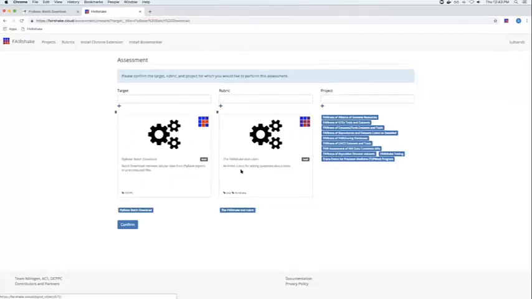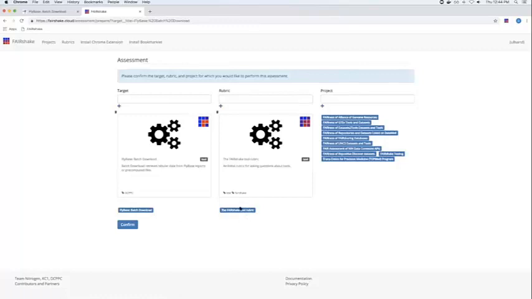We see that when we begin an assessment, we're presented with this page where we have to confirm the target of our assessment. This is because just as we saw with Flybase's insignia showing multiple associated objects, it's possible that an assessment might come up with multiple objects. But in this particular case, we found one and only one, Flybase batch download.